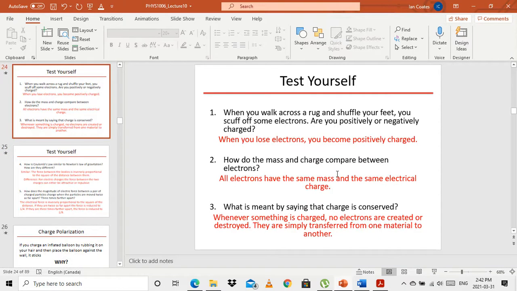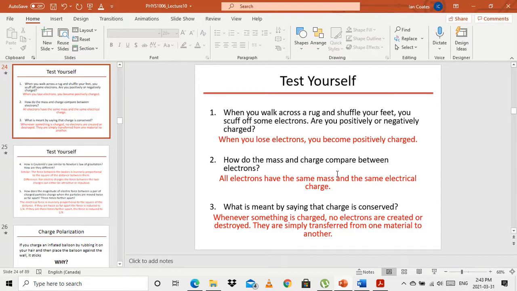What is meant by saying that charge is conserved? Whenever something is charged, no electrons are created or destroyed. They're just transferred. So it's the electrons that move. And you have to think, the overall charge of the Earth really doesn't change. Okay, so electrons are all conserved. The charge is always